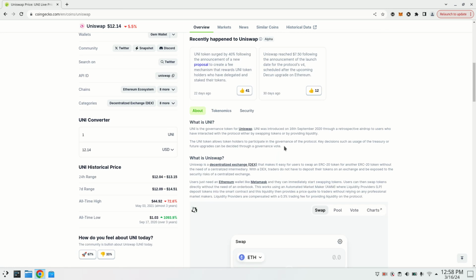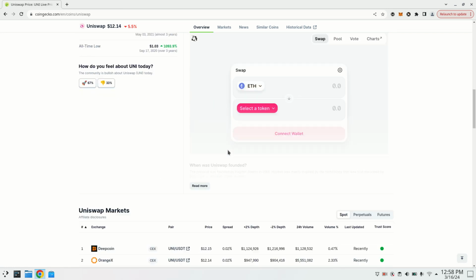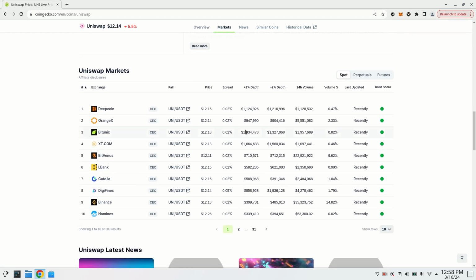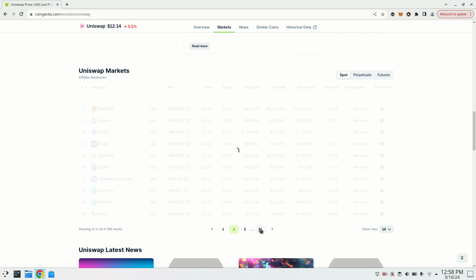And from here we could see Uniswap markets, right? And here we could see how many markets, how many pairs exist, and on which market. So we could see here around 31.